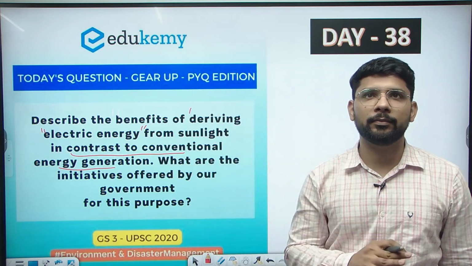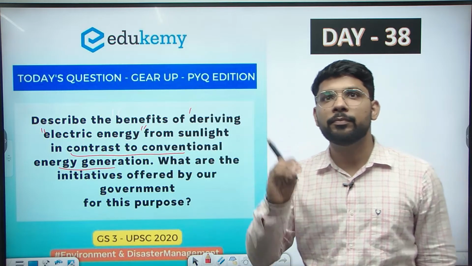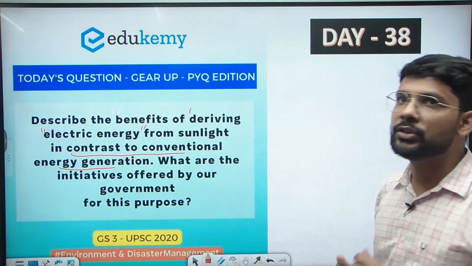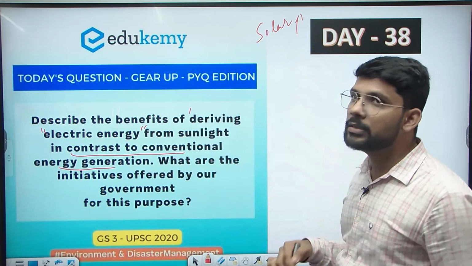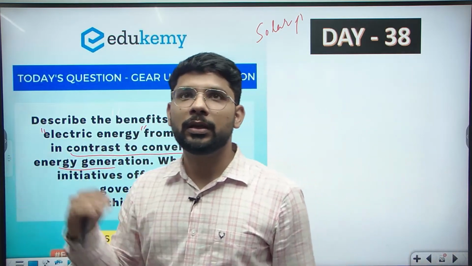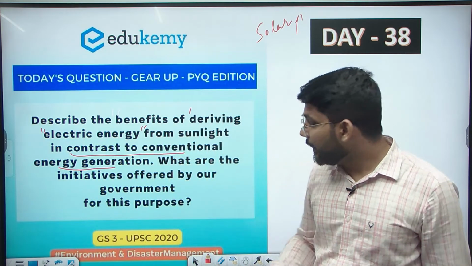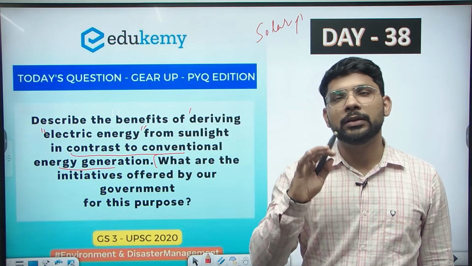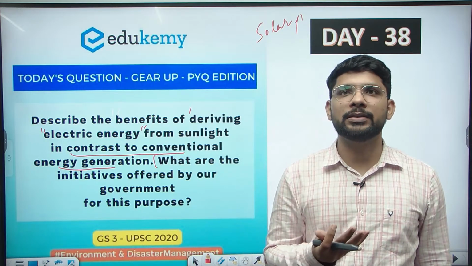Let's read the question again. Describe the benefits of deriving electric energy from sunlight in contrast to conventional energy generation. It means how solar energy generation is better than conventional energy generation, like energy from coal. Then in the second part, we need to address what initiatives are offered by our government related to solar energy. So let's divide the question into multiple parts so it's easy to understand